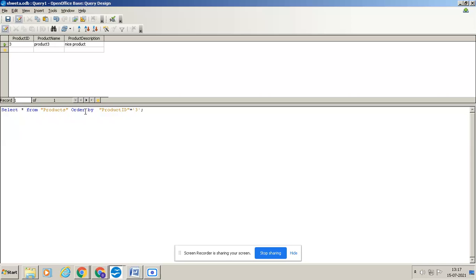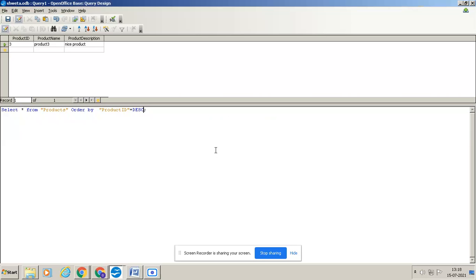You want the product ID in ascending or descending. The product ID field name you have to write in double quotes always, and the value you have to write in single quotes.